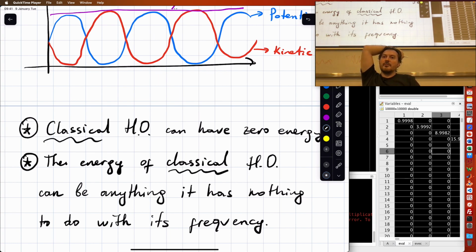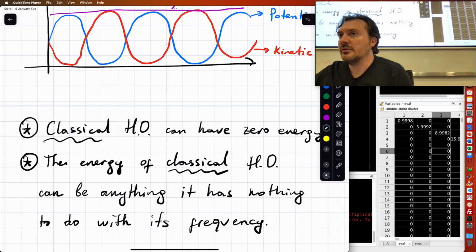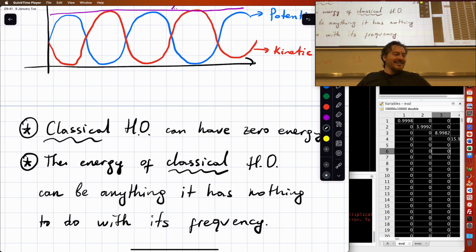You mentioned the principle of stationary action. Say it again, please. Principle of stationary action, what is it? I don't know that. Okay, sorry. Principle of stationary action. Are we talking about the principle of least action?